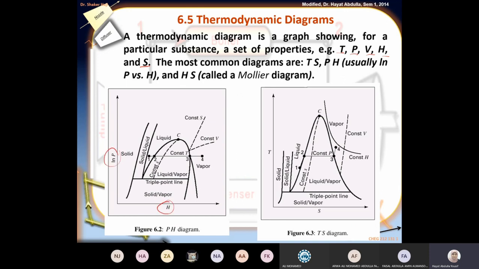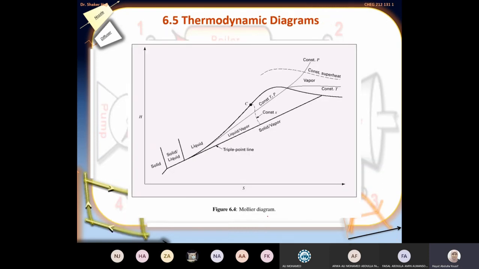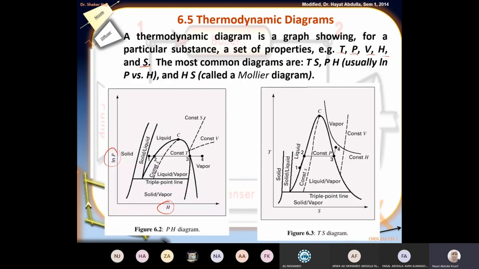We have another diagram that is called the TS diagram. We have another diagram also that is the Mollier diagram. Those 3 diagrams are really important diagrams, all right? Are we going to use those diagrams in the course? Maybe in Chink 211, maybe not that much, but it is good to illustrate some more important characteristics in the diagrams. If you remember the TP diagram that I explained before, I'm just going to show you